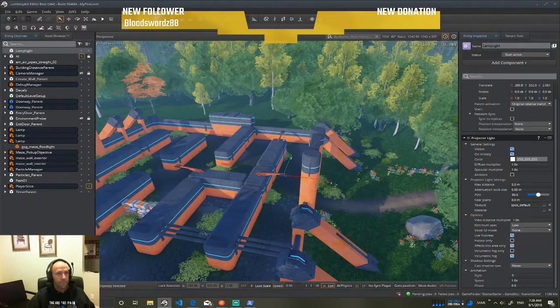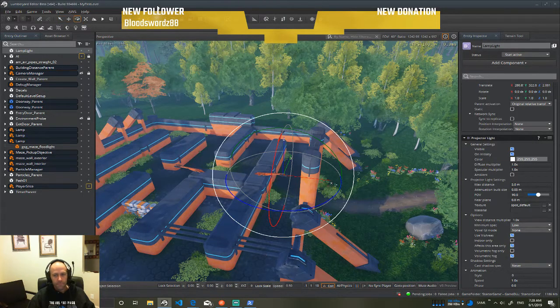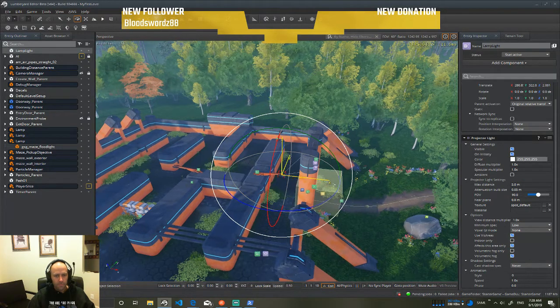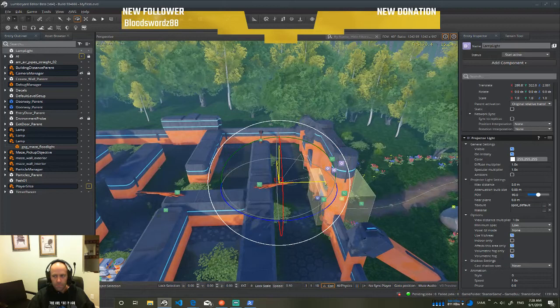In the perspective viewport, use the rotate tool to rotate the lamplight entity so that it points down towards the ground. If you cannot see the lamplight FOV, go ahead and turn on the helpers icon to make that appear. Next, use the move tool to position the lamplight entity under